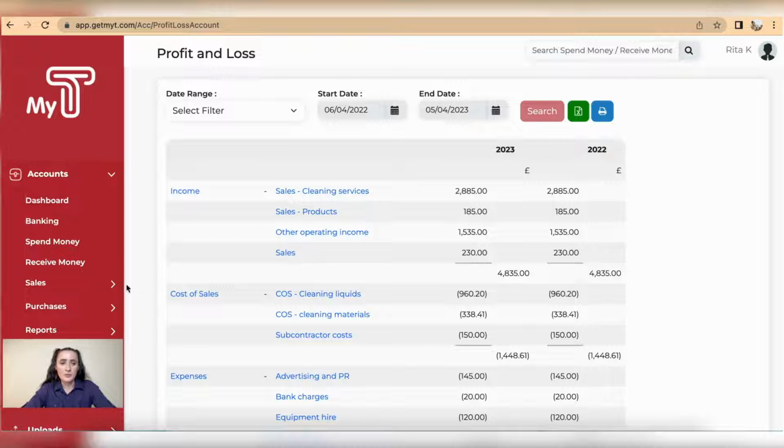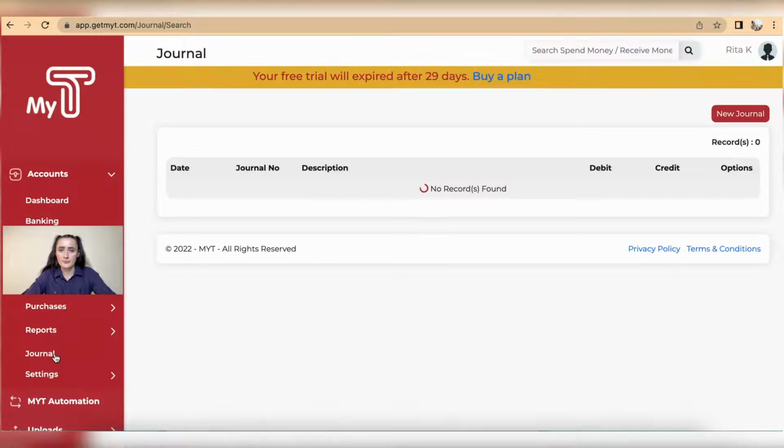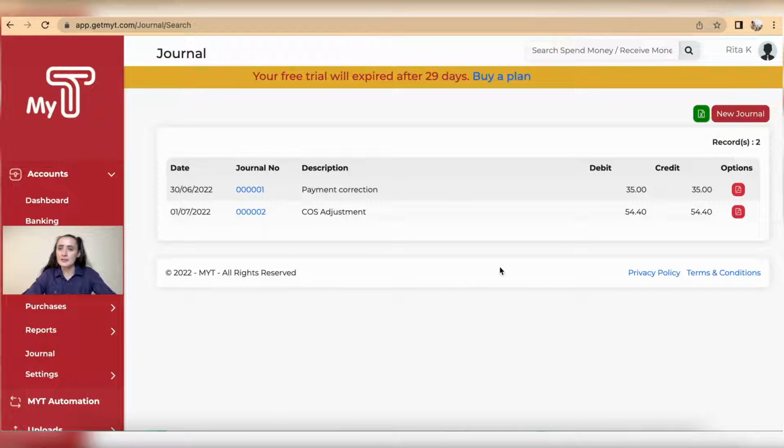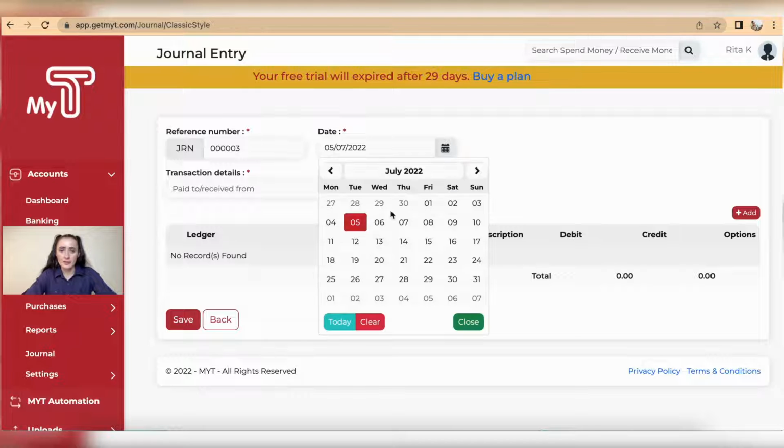To do so, I need to go to sidebar and click on journals. And to add a new journal, click on new journal here. Amend reference number if you wish to, but system would automatically generate next based on a sequence numbering. Select the date of a journal, so I will